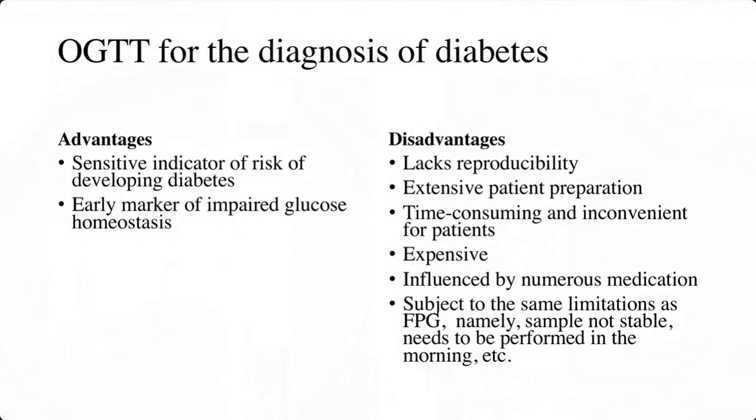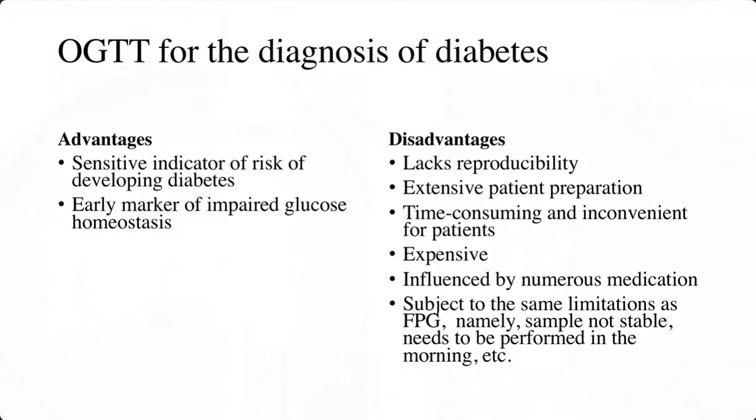With regard to the oral GTT for diagnosis of diabetes, the advantage is that it is a sensitive indicator of risk of developing diabetes. By the way, the oral GTT is still the gold standard test for diagnosis of diabetes, and it is an early marker of impaired glucose homeostasis, because you just give a load of glucose and you check the blood sugar fasting plus 2 hours after loading with the glucose. The disadvantage is that it lacks reproducibility,